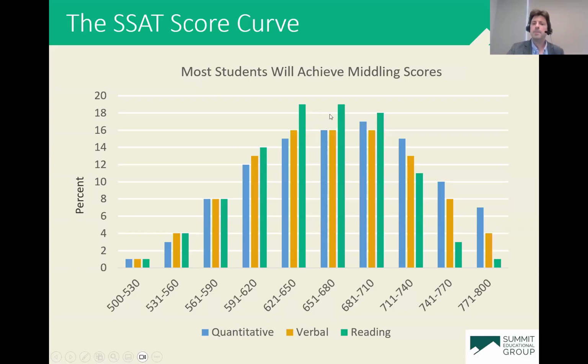There are many, many bright students, high achieving students, who are going to end up in the middle of this bell curve. So in the 40th, 50th, 60th percentile. And again, that's just the nature of the test. It's the nature of the smaller population who is taking this test. It's a reflection of the competitive nature of this test that many, many bright students do end up trapped in the middle of that bell curve.